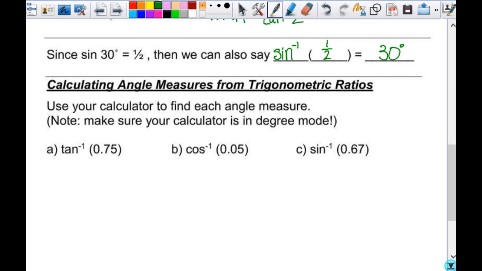All right, so go ahead and type these in, get values for me here. I don't even have my spinner up yet, so I'm just going to have y'all call these out. Tangent inverse of 0.75 is what? 870, right? Good. All right, and then again, make sure you're typing these in. Don't just wait till we write them down. All right, and then the next one is